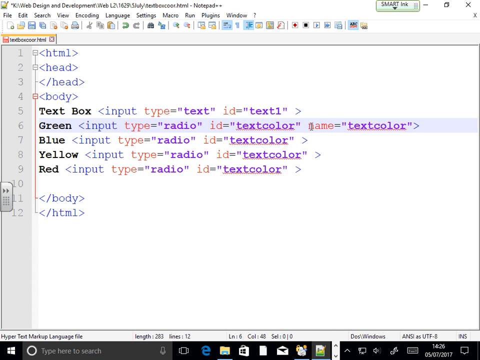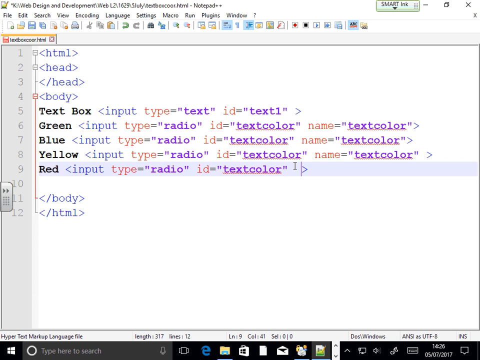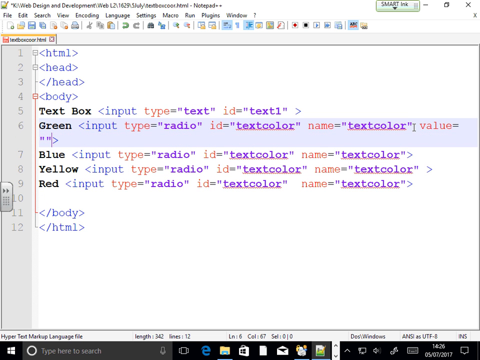Okay. And I have not given them a value. One minute. I need to do one more thing before I can actually show you that. I need to give value. You will not see the value, but everything should have a value. Green. Value. Because if it's a property, then